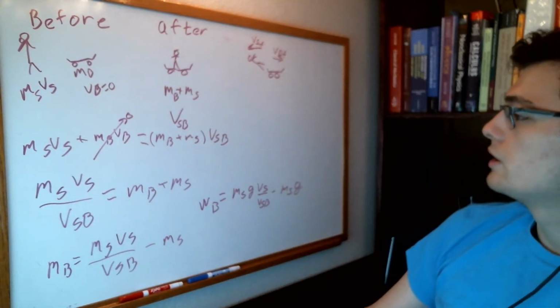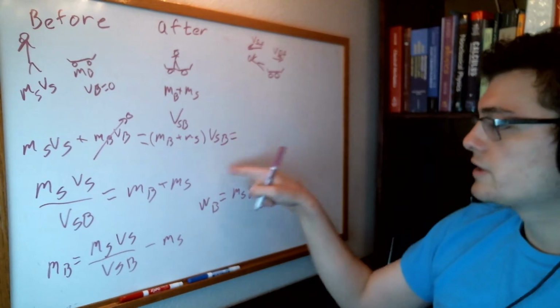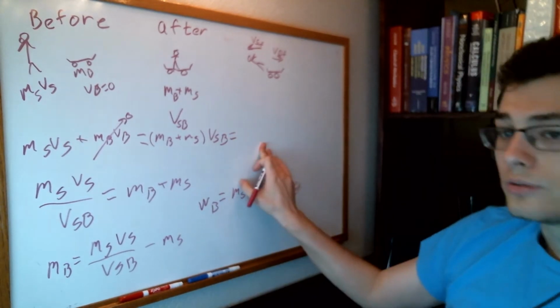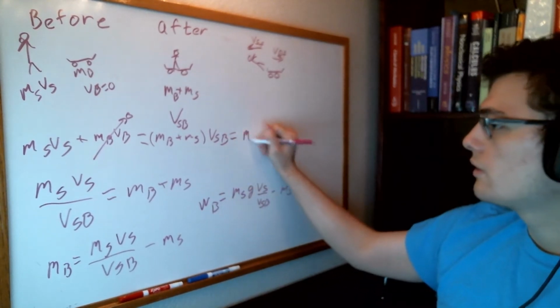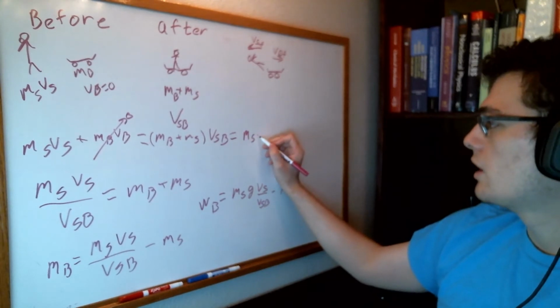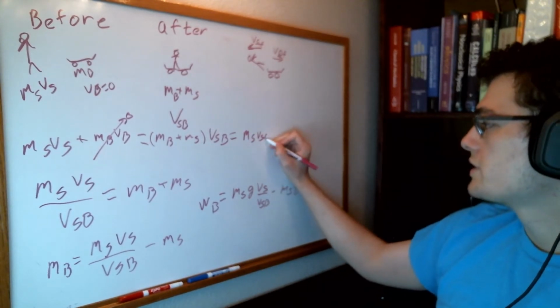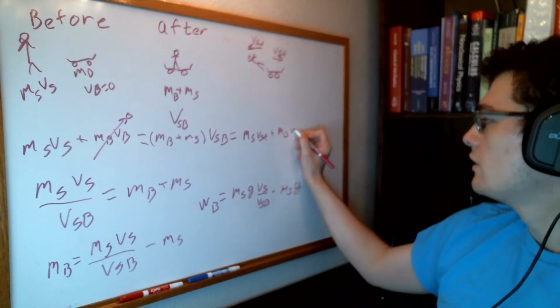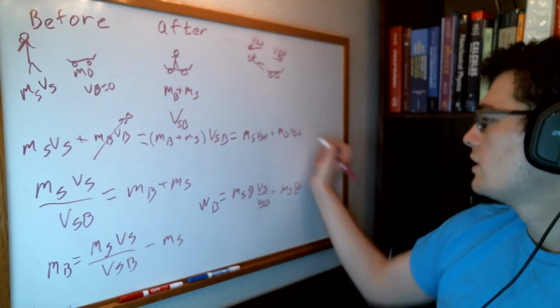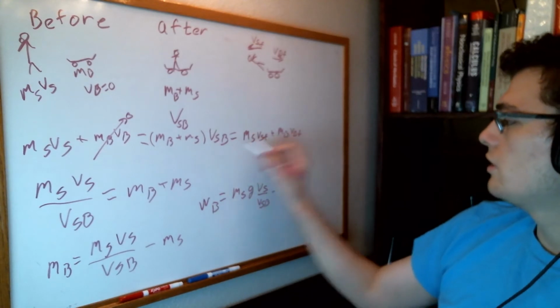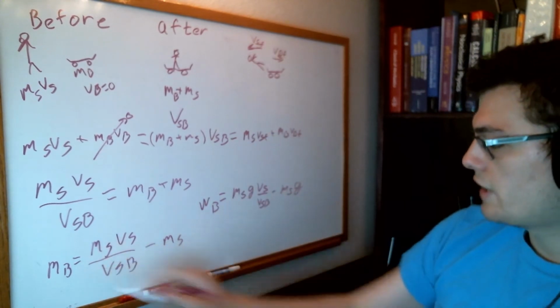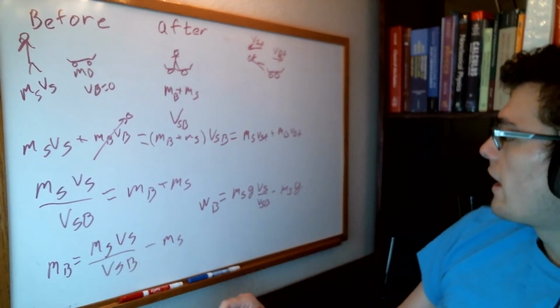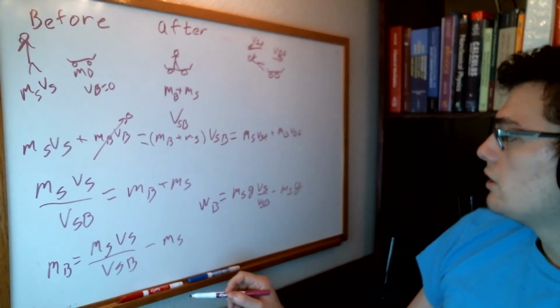Okay, so then we can say that this part is now going to be equal to them separated again: MS VSF plus MB VBF. And so we know what the mass of our board is. We have that here. And we know what